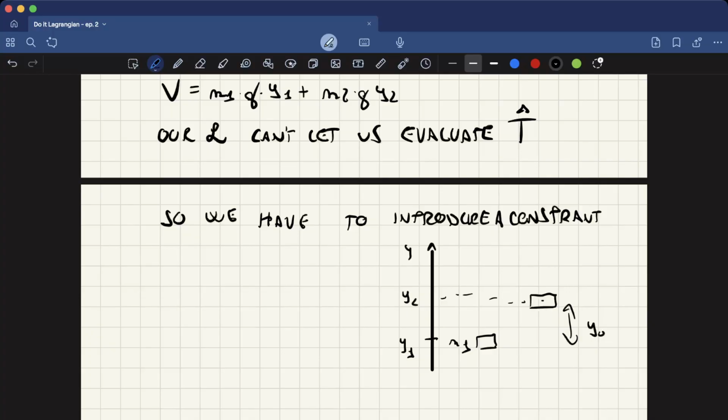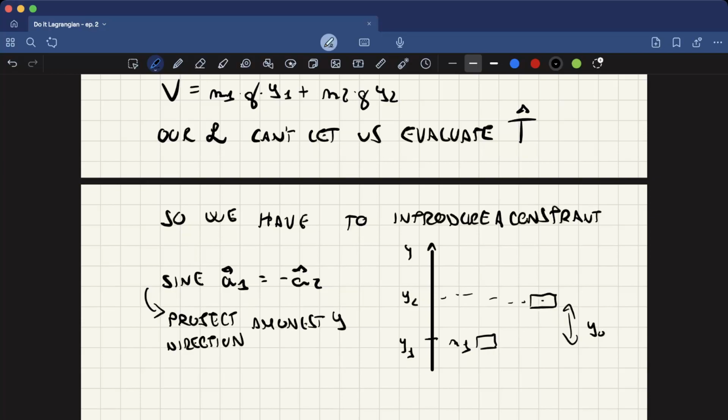So what we have is that since a1 is equal to minus a2, we can project along the y direction, okay, and have a1 equal to minus a2,